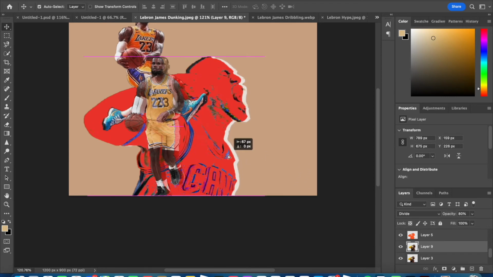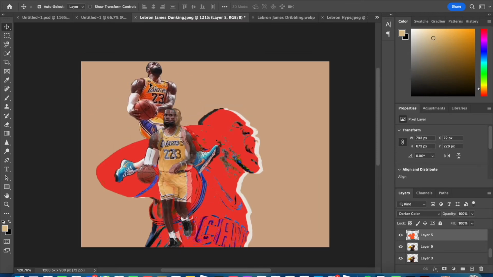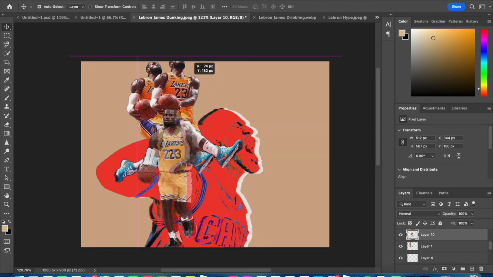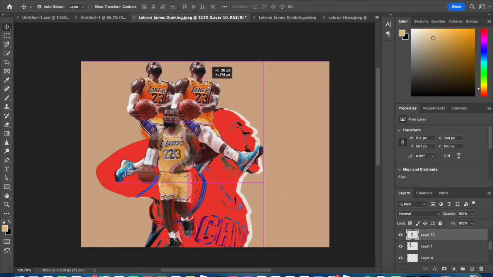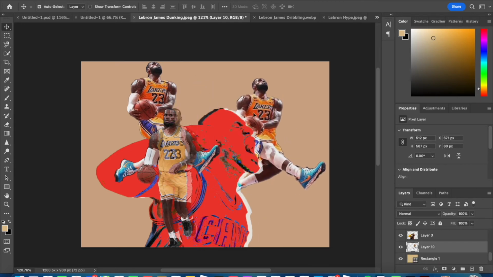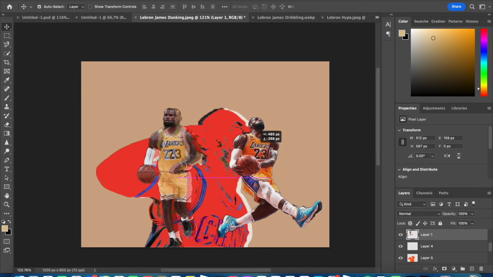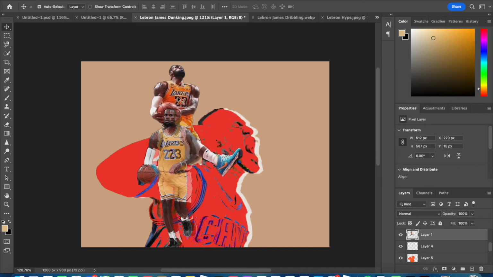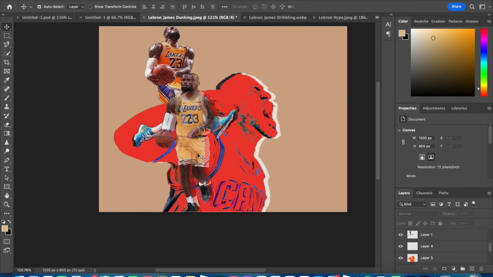So, honestly, choice is up to you. However you like to style it, it's not my choice really. But there's that. The next step, I want to duplicate this one right here. The main lesson of this class really is just the duplicate method, as well as applying effects on specific images. So I'm gonna go ahead with that, but I also want to find a place for it to fit. I don't want to just duplicate it like that, but I think I may just be better off with just having the image by itself. I don't think I'd be better within the duplicated image of LeBron. So now that I've got in here,